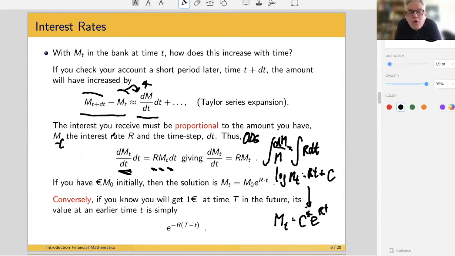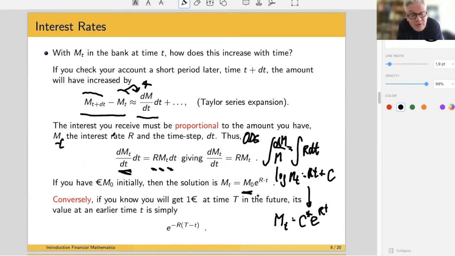And the integration constant is then determined either by means of an initial condition. Suppose we have m0, the value m0 initially, then we say m at time 0 is m0. We substitute t is equal to 0, and that gives us c star is equal to m0. Or conversely, and that is often the case in financial mathematics, we wonder how can we get to €1